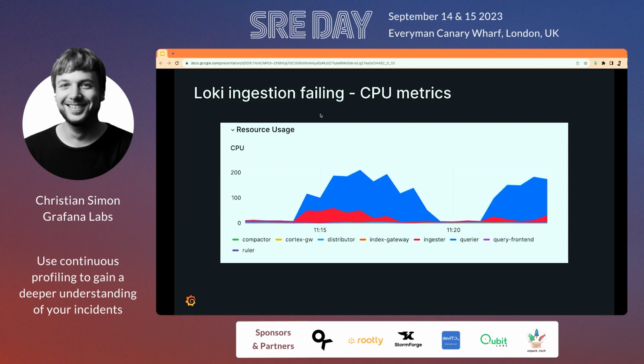I guess it only really dawned on us when we looked at that CPU usage graph. You can see the darker blue is the query, which is obviously a read-path-only component, and we were investigating a lot of ingesters, and only when we saw that dashboard did we finally manage to